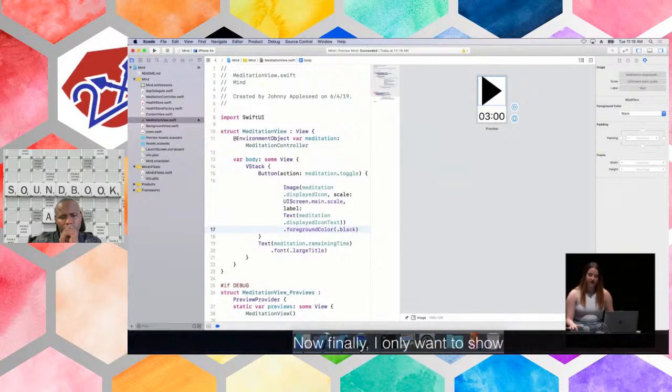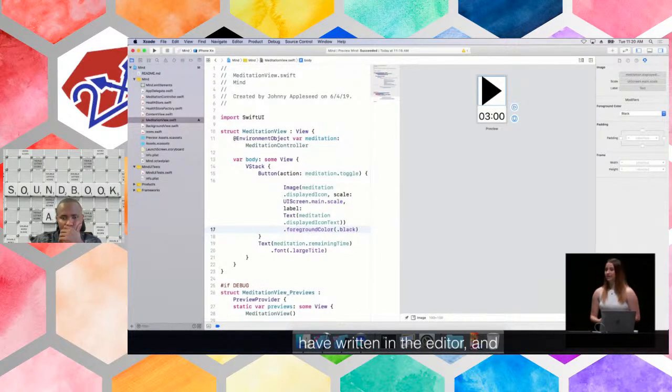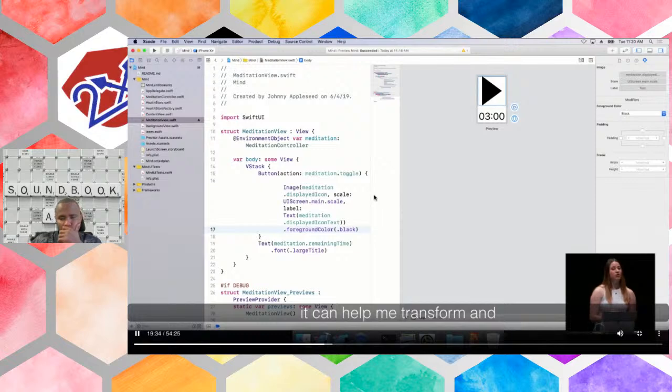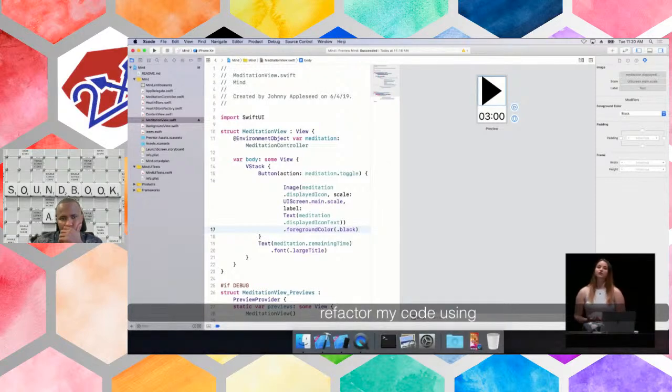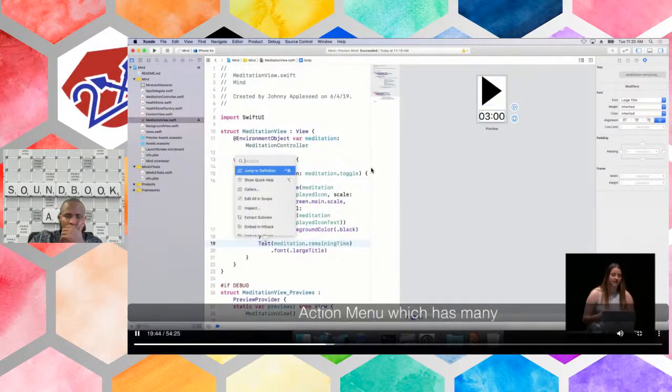Now, finally, I only want to show the remaining time if the user is actively meditating. Otherwise, I want to show a picker with preset meditation durations. Xcode knows a lot about the structure of the code that I have written in the editor, and it can help me transform and refactor my code using structured editing. If I hold down Command and click on a code structure, such as text, Xcode will show me the